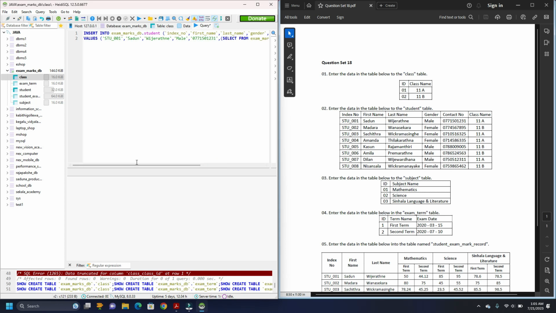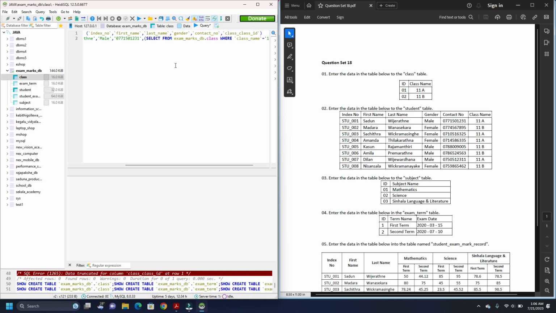So we have to write an insert query to enter the data to the table. So we are inserting into the 6 columns of the student table, and here are the data respective to those columns. But on the last column we have class ID, not class name. Therefore we have to write either 1 or 2 for the value of it. But let's say if we don't know the class ID of that class name, we have to write a subquery